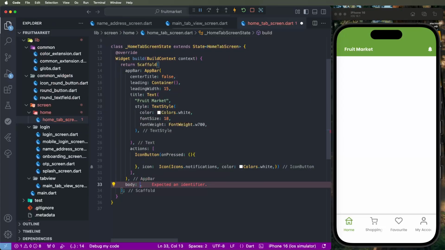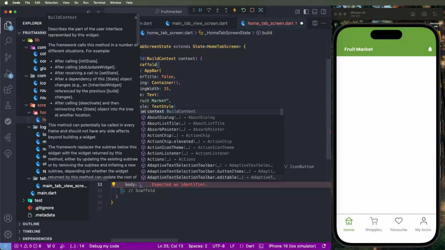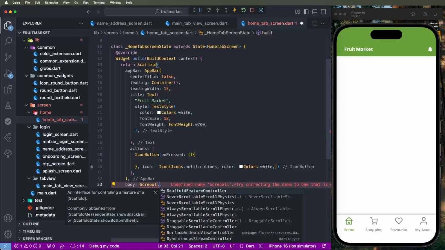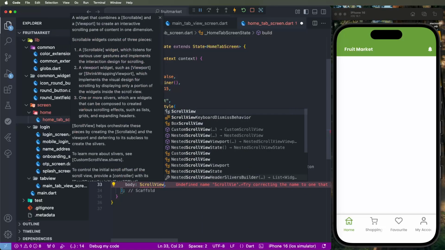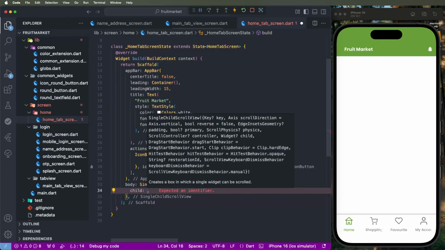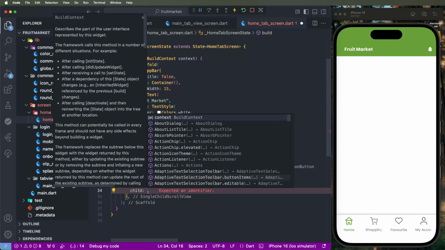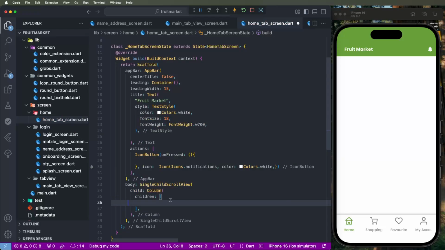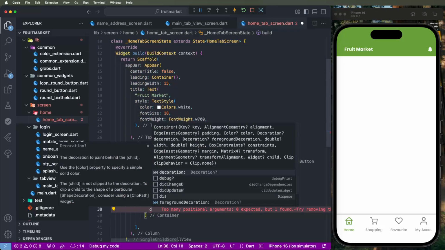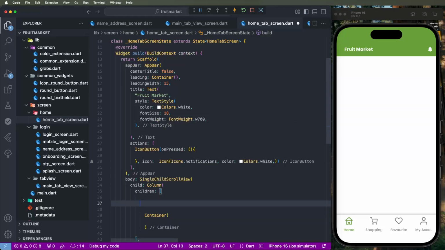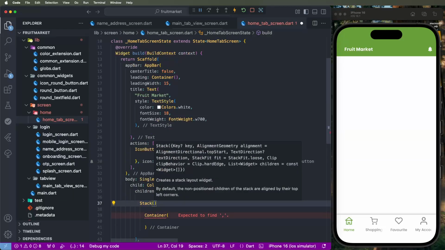And then after, we need to create the body. Set the body equal to a scroll view, and we need to set the single child scroll view. Need to set the child, and we need to give a column. Now we need to create the container decoration. Need to set a stack